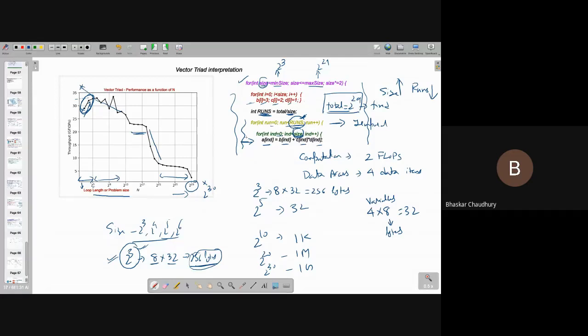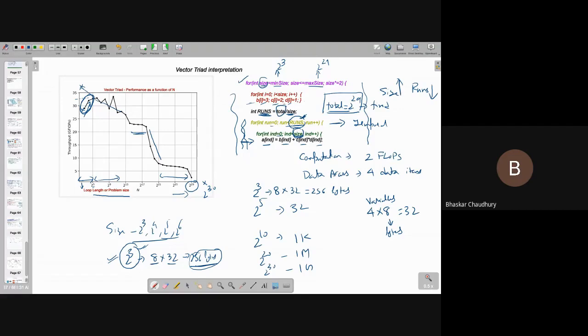This code actually all of you should look into it very deeply. It might look like a simple code, but this is not a simple code. I mean, there is a huge understanding which is hidden in this code. All of you should actually work it on pen and paper, what is really happening in the code. The first important point to be noticed is that these two loops together always do the same amount of computation. Because if this size goes down, the runs goes up. If runs goes down, size goes up, because total, runs into size, is total.